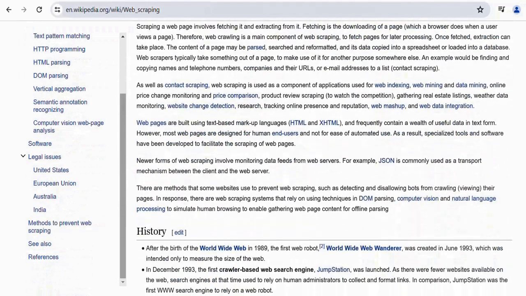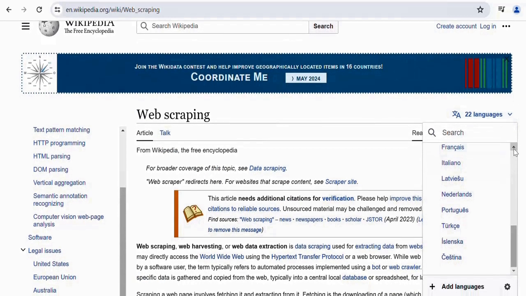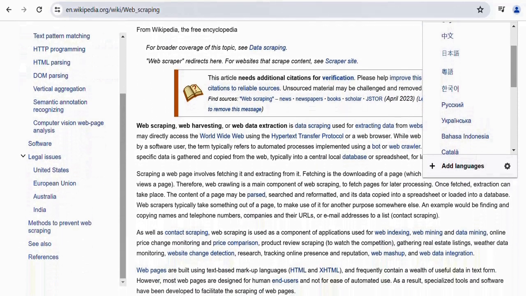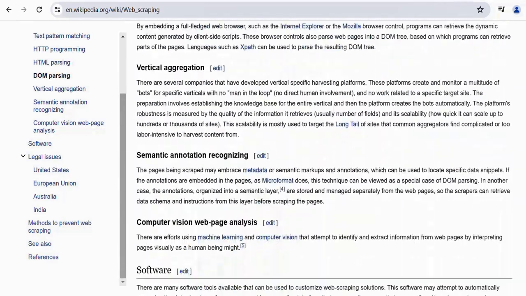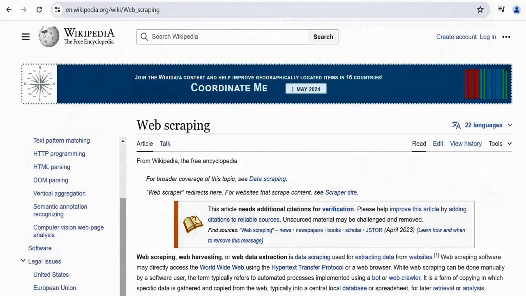So whatever we can see on this web page, whatever options we have, as we can see an option to get the data in multiple languages, all these options we can avail while web scraping, and all this data I can scrape automatically by writing the code in Go language or any other programming language. So this is web scraping.